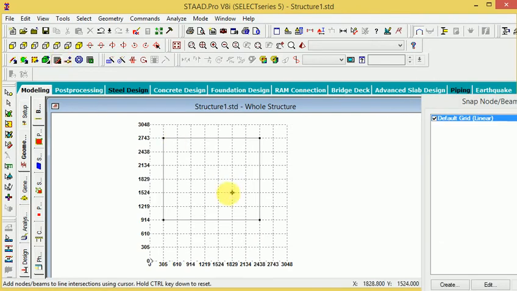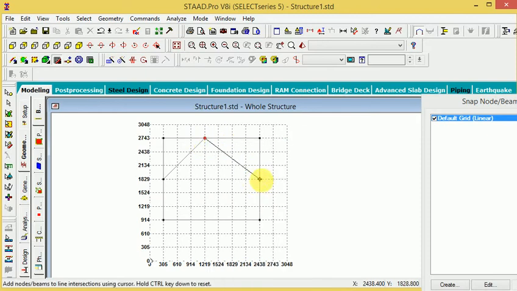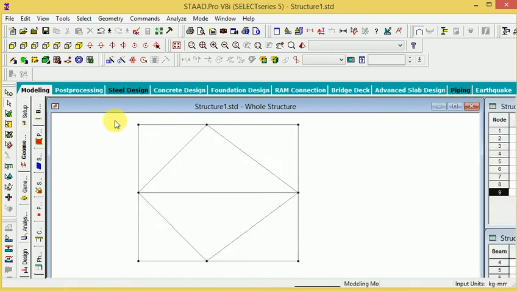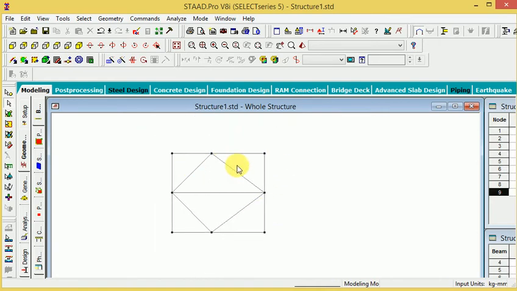Again, join the point here, and also join the point here, and look, it creates one diagram. I want to check the dimension.